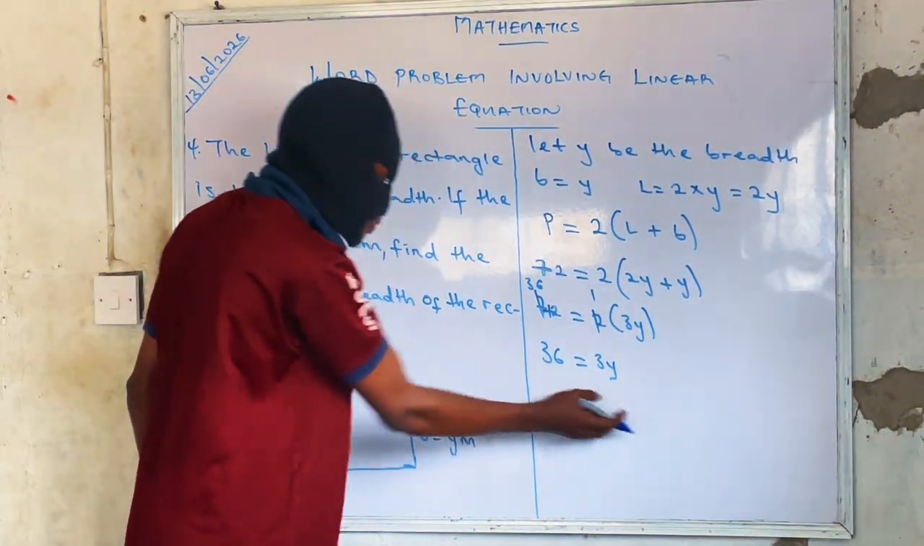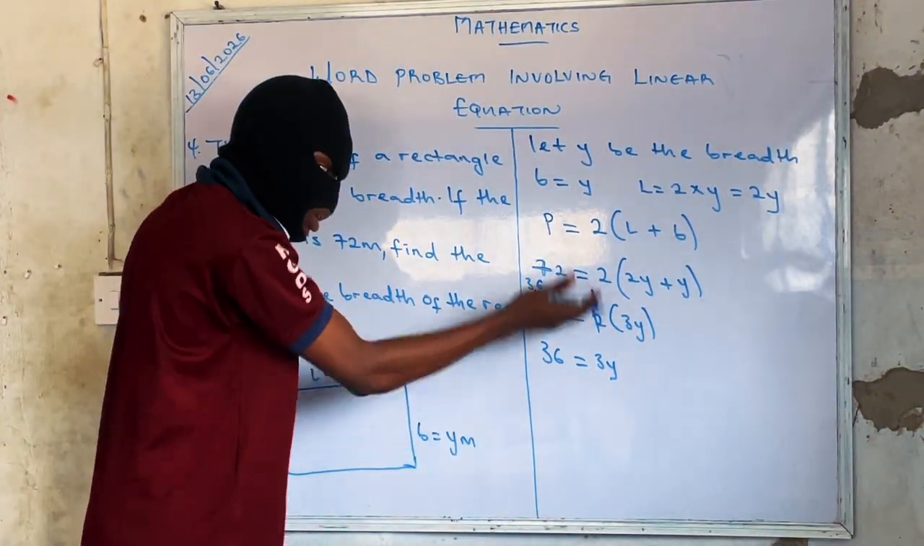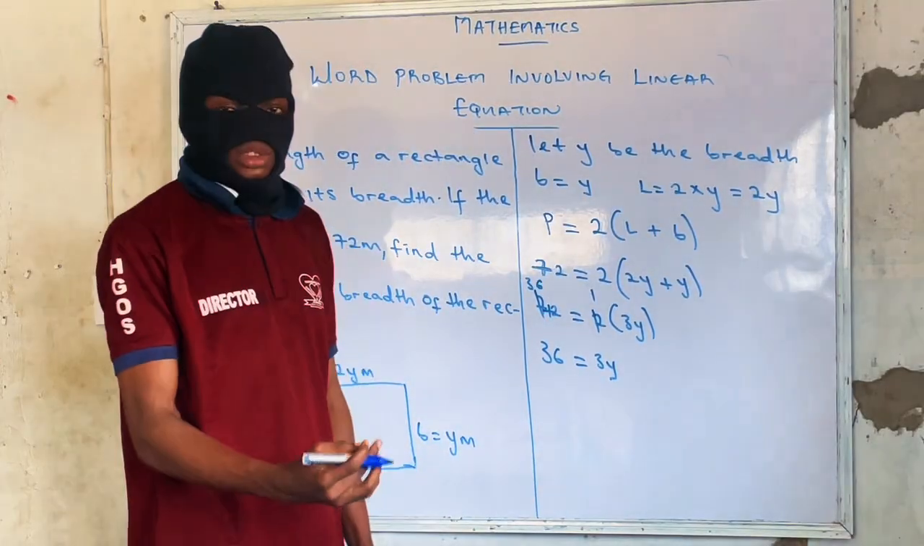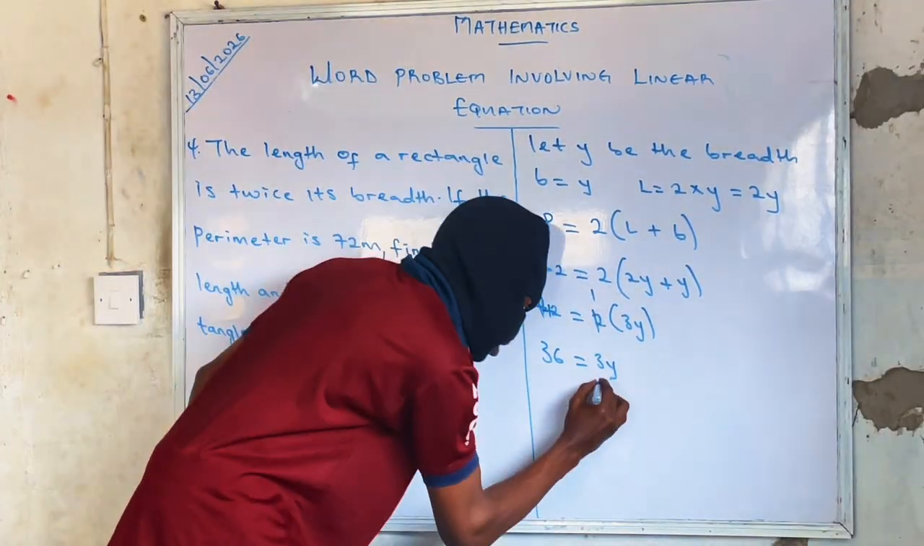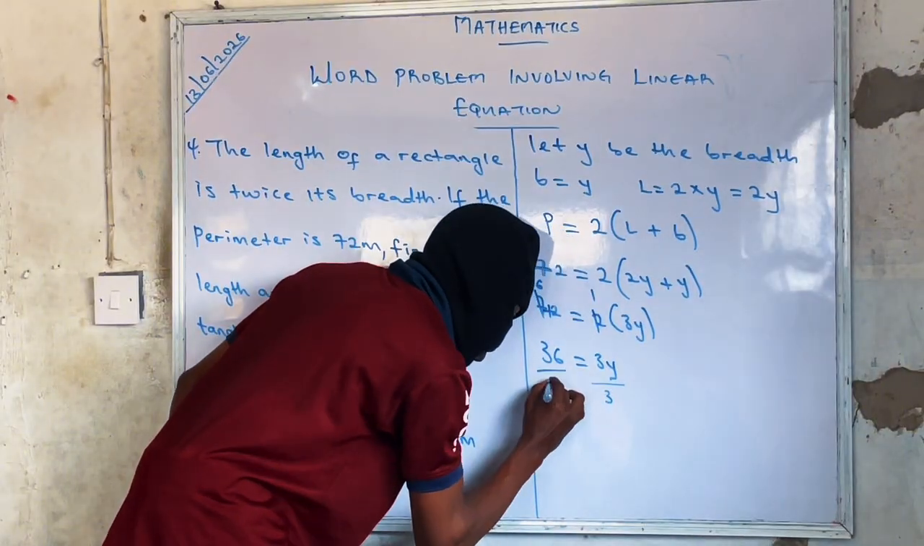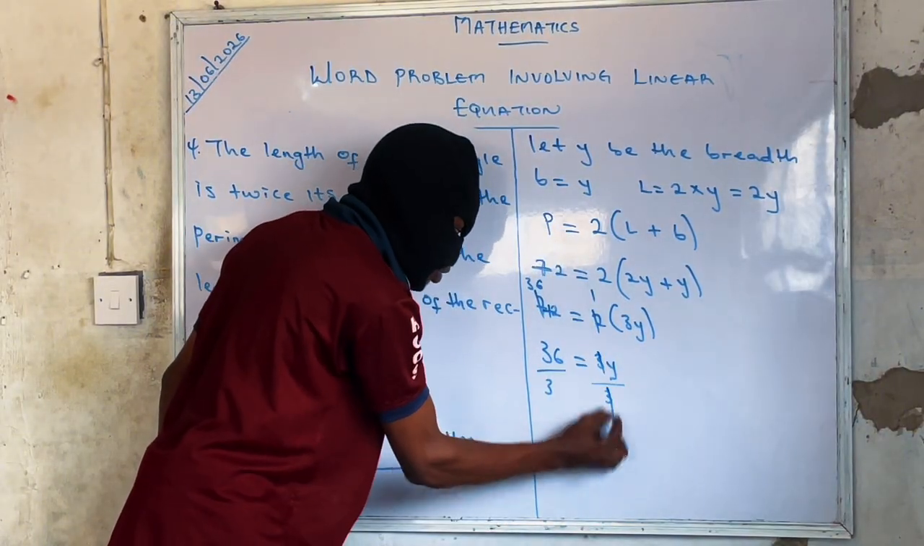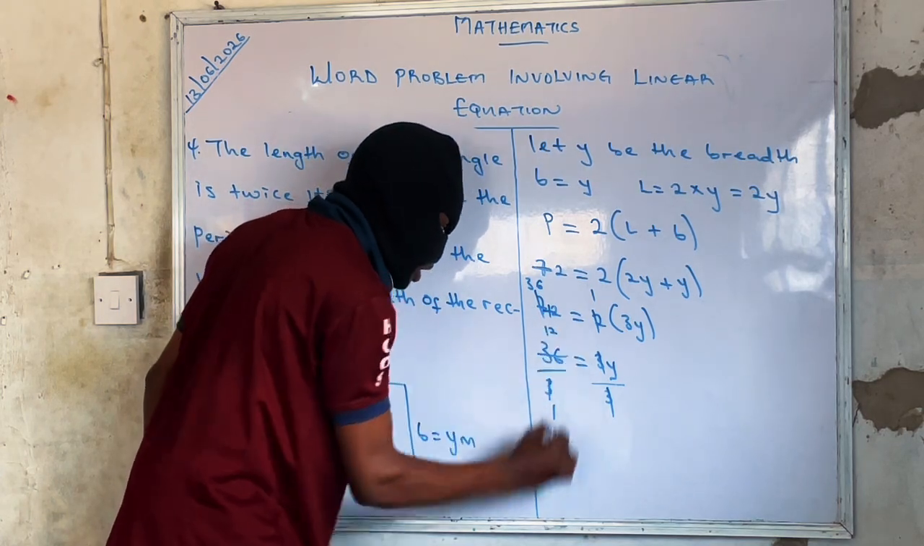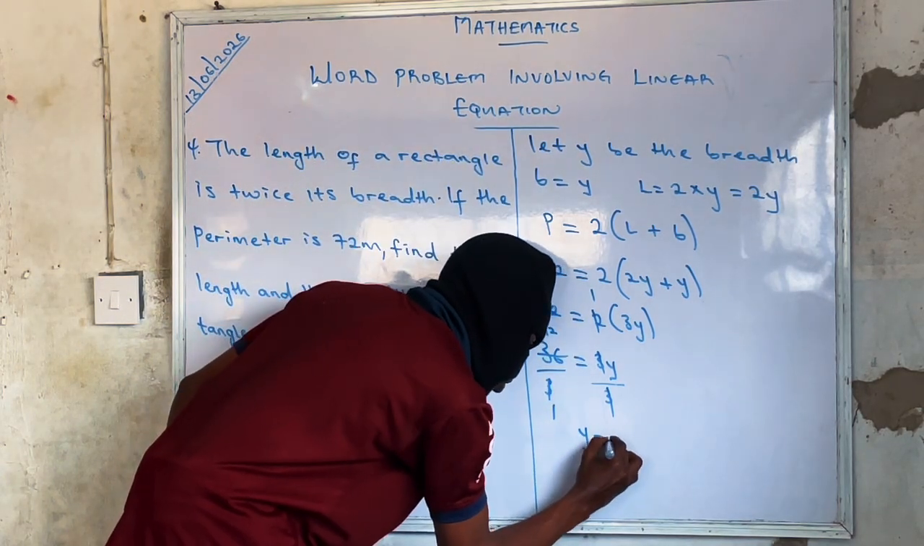Then you are going to divide both sides. 36 equals 3y. It's still the same thing as saying 3y equals 36. Now you have over 3 over 3. 3 cancels 3. 3 into 36 will give us 12. Then you have your y as